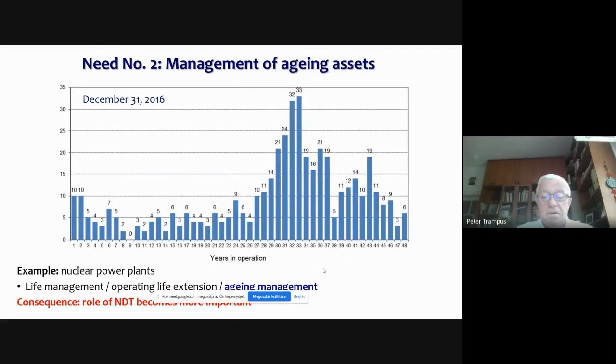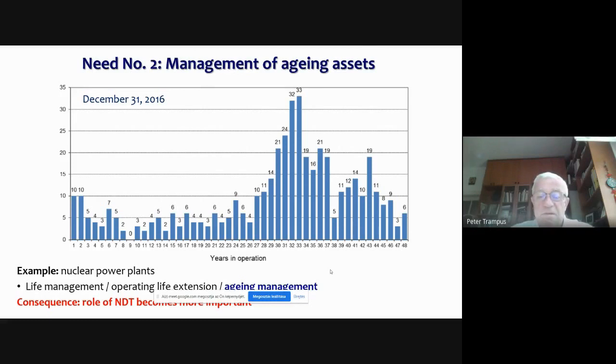And that's why, and because of other political aspects of the nuclear application, the value of the operating plants is high. And that is the reason that life management and operating life extension of the nuclear power plants are on the agenda.